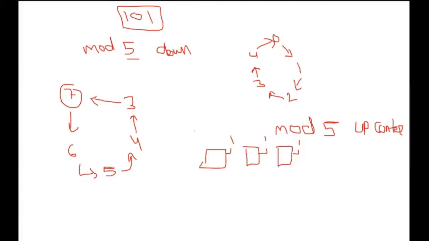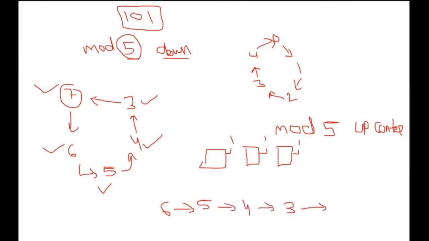So initially, you will see this is the initially preset condition. Preset means initially you will get 7, and if it is a down counter, it will be going 7, 6, 5, 4, 3, and after 3 it will again go to the preset. But if this is a simple 5 state counter, you can even have a counter that will be counting from 6, 5, 4, 3, and 2. This is also a mod 5 counter, which is counting 5 states.